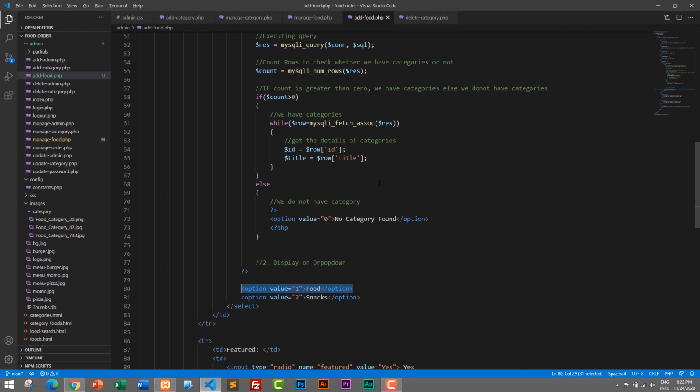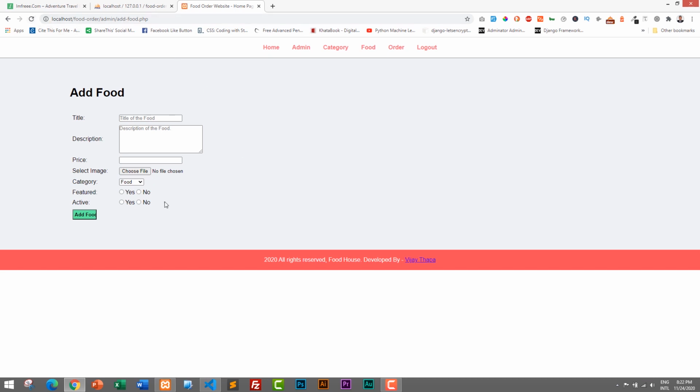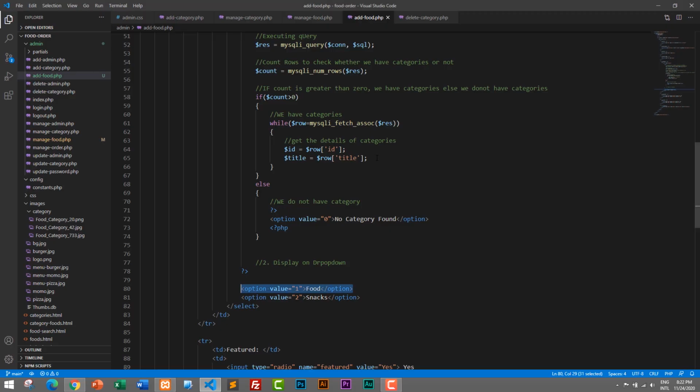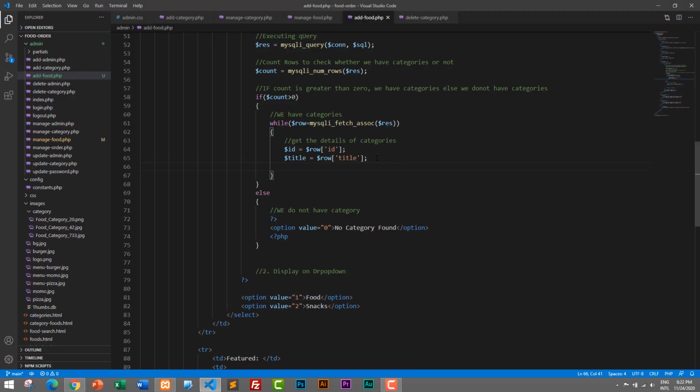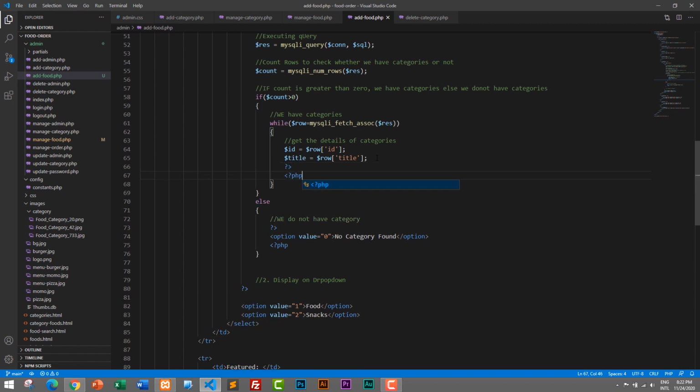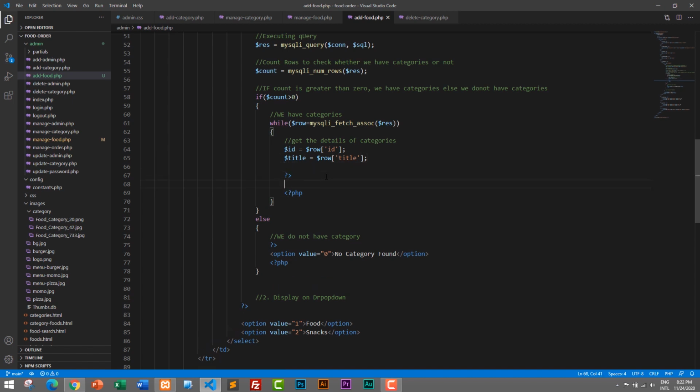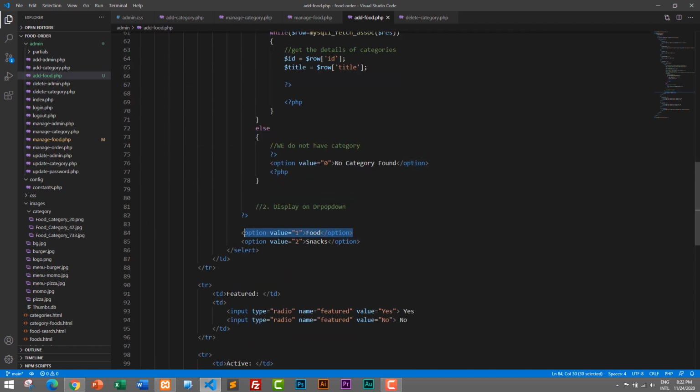So Control and S. If we go back to the browser, we still are not getting the categories from our database, but now let's add those titles from the database. Okay, so I will end the PHP here and then open PHP again, and between this PHP I will display categories from database using option tag. Okay, so I will paste it here, and here in food, I will delete food, and instead I will just echo or display the category title, echo